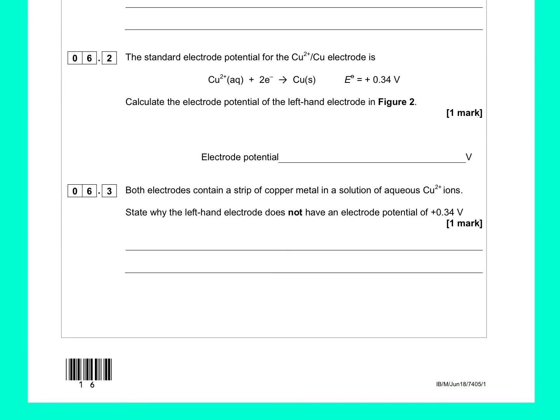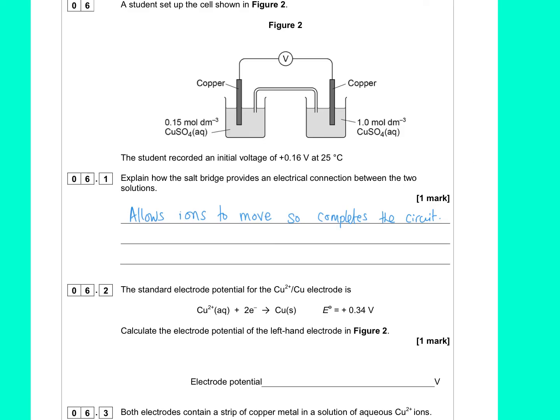Okay, we're then told that the standard electrode potential for the Cu2+ | Cu electrode is plus 0.34. So that's the one that's got a 1 decimetre cubed solution. Okay, the 1 mole per decimetre cubed solution. So that would be the right-hand cell. Okay, but we then need to work out the left-hand electrode, and we know that the whole cell is given a voltage of plus 0.16. So the EMF we know is plus 0.16, and that's going to be equal to the right-hand cell take away